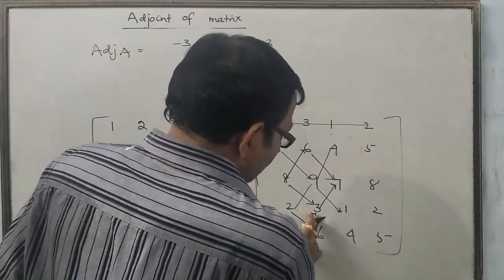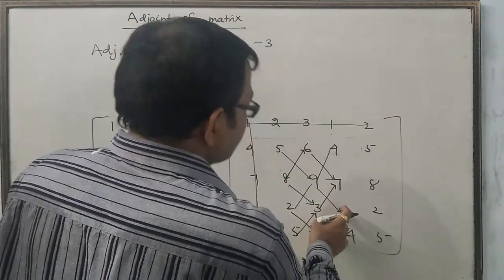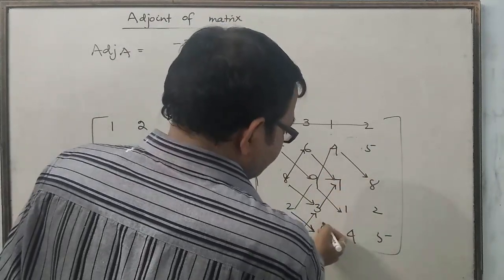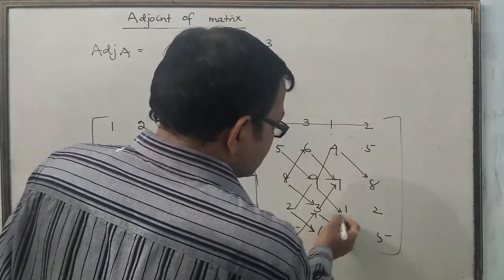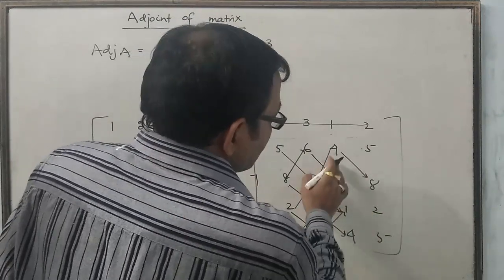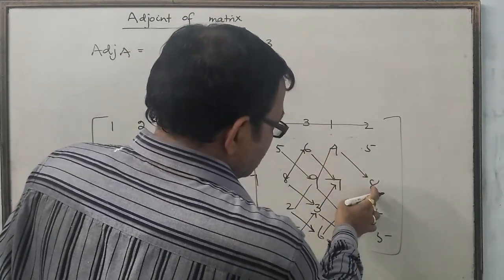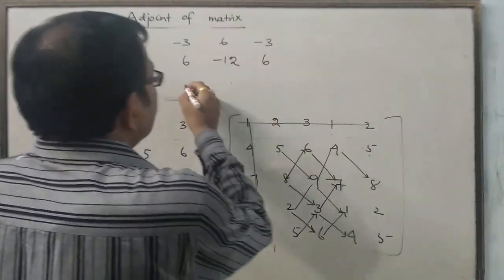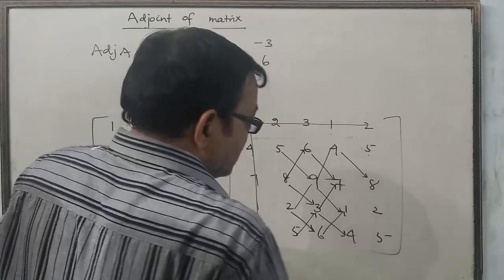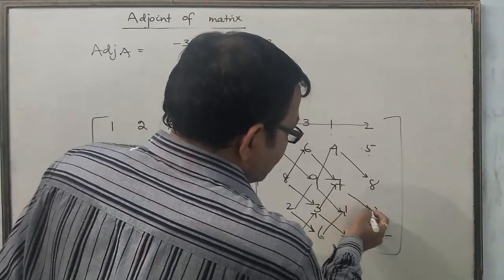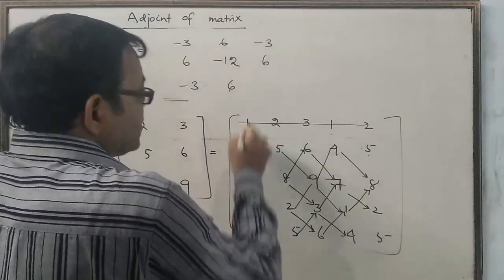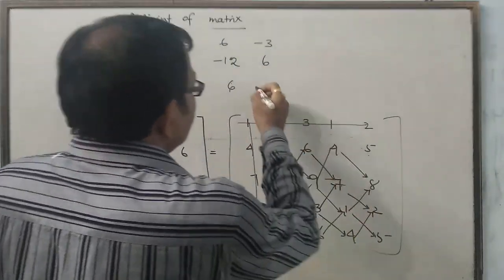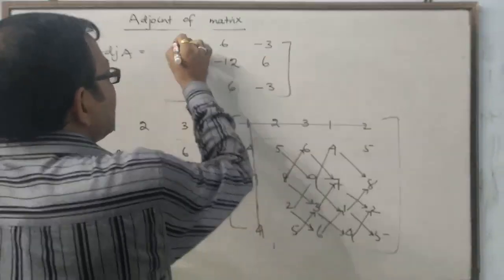Okay. 3 into 4 it is 12 minus 6 into 1 it is again 6. Next, come to this one. Yes, we got it. 3 into 4 minus 6 into 1. Next, 4, 5, 7, 8. So, 4 into 8, 32 minus 7 into 5, 35, minus 3. Then 7 into 2, 14 minus 8 into 1, 8 is 6. Then come to the point 5 into 1, 5 minus 4 into 2, 8, which is your last element, and this is your adjoint A.